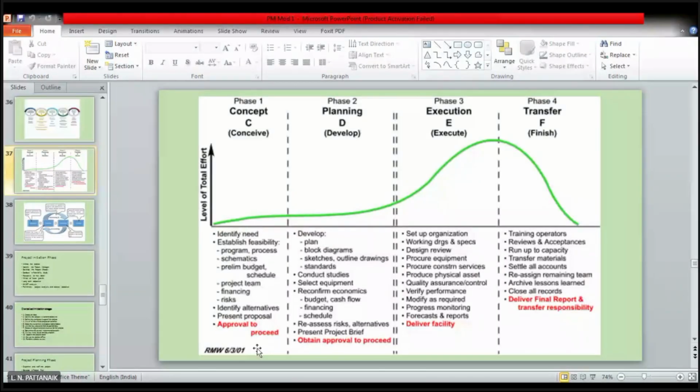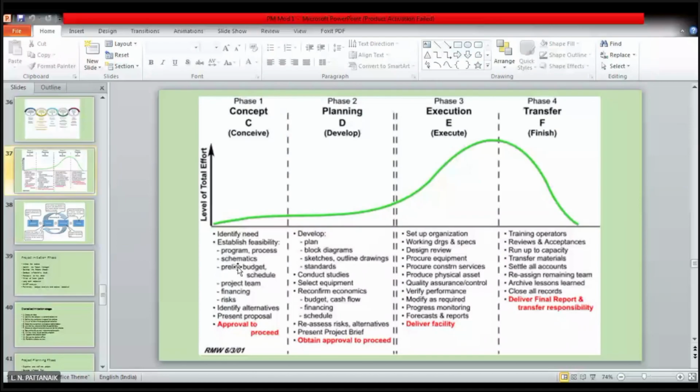So in this stage, as you can see, identify need, the points that are mentioned below that. I'm just reading it. So first phase, identify need, establish feasibility. As I said, feasibility testing. Suppose I will give you an idea. At the first stage itself, you will laugh it out that no, it's not feasible. So why waste time on that?